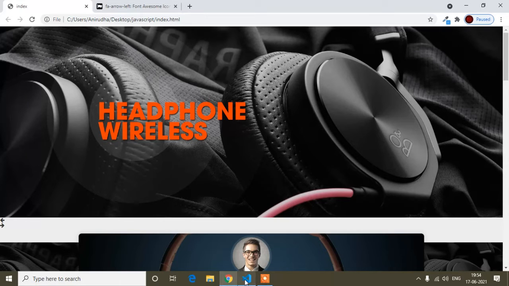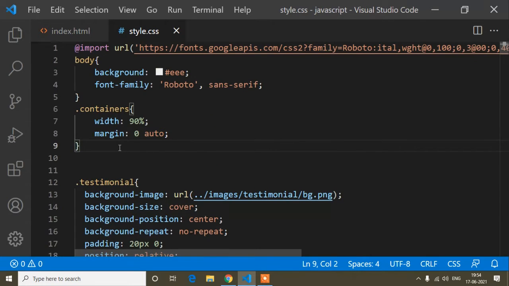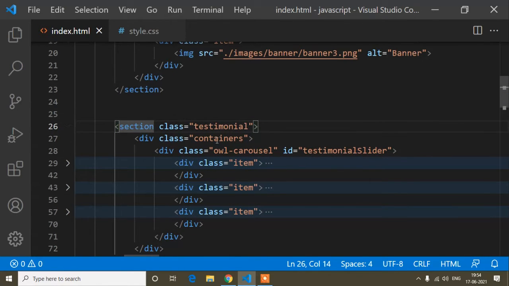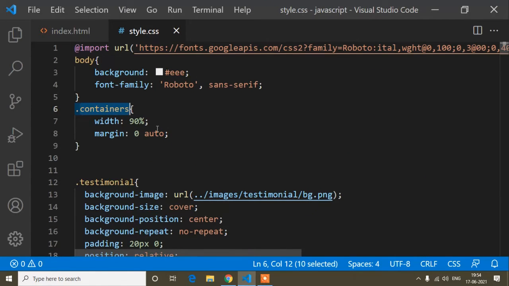So for that, guys, first of all, here I will copy this parent class, that is banner. Okay, and above all the CSS, the container is the common thing. For every section, for the testimonial, you can see I have added this container, and for every section I have added containers, and this CSS actually helps for making space on the left and right. So guys, this container is the common thing for adding space left and right. And the body is also a common thing, and this is the Font Awesome link. Okay, so these are the common things. I mean, sorry, this one is the Google font link. So these are the common things.